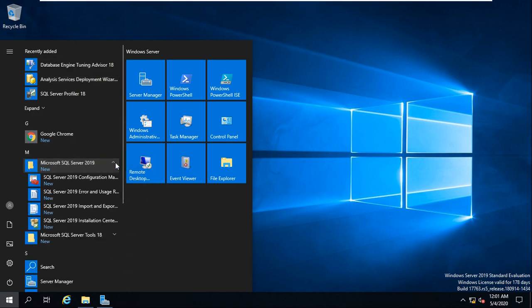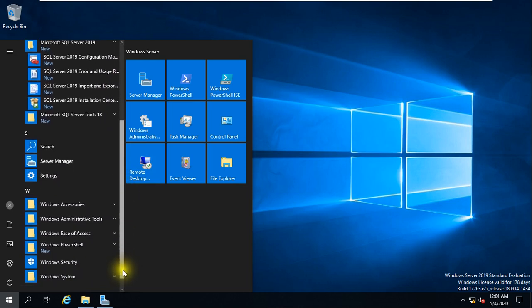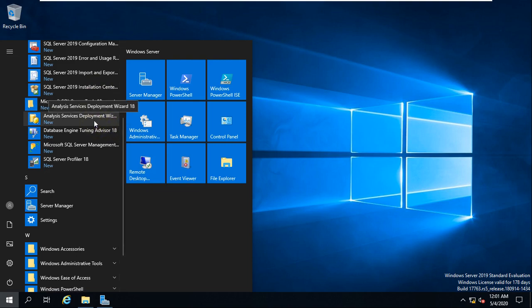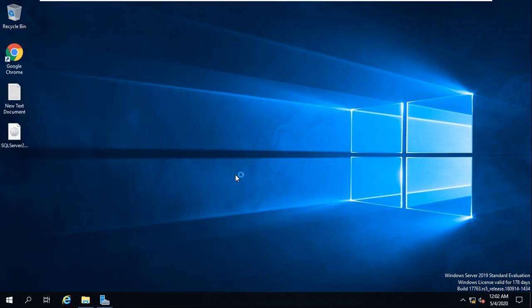Just click here and you got this tool, Management. Scroll down, click here, and you got Analysis Services Deployment and Database Engine Tuning Advisor. We need this SQL Server Management Studio. Just click this.